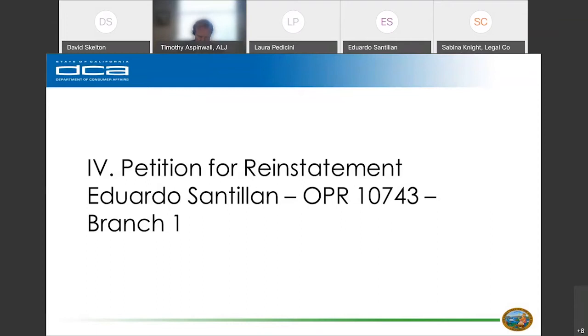Among those original violations, in the original accusation, were the following: operating in a branch of structural pest control for which the company is not registered, advertising in a branch of structural pest control for which the company is not registered, commencing work on a contract